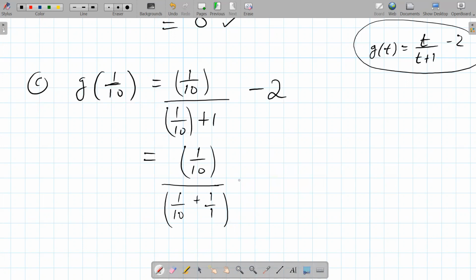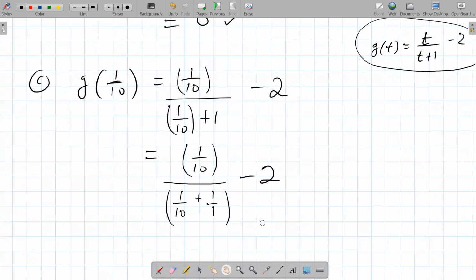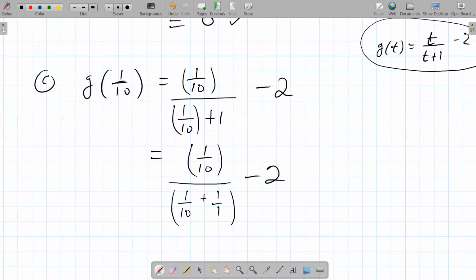This is minus 2. So something like that, right? And if you look at it carefully, then the LCD of 10 and 1 is going to be 10. So I can change this to what? 10 over 10. So I can simply do that as 10 over 10, right? And then once I do that, I should be able to evaluate the denominator easily. Let me push it here, equal 1 over 10